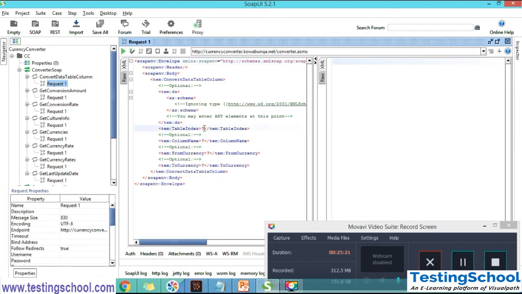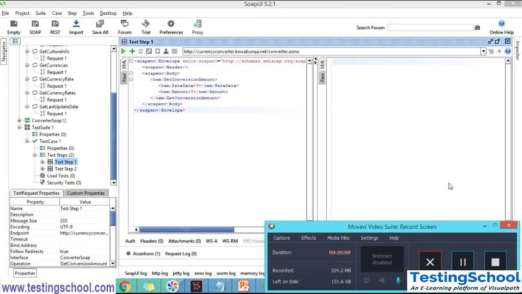Here you are able to see question marks, right? In this place we need to pass the data. Coming to the MakeMyTrip example, there on the UI we are giving source as some place and destination as some place, and we are selecting the date and clicking on the submit button. Same thing in this question mark. For example, if this is source, then in the question mark I have to give the source place. If it is destination, in this place I have to give the destination name. If this is my date, here I have to give the date. Like this we have to provide the data in question mark places.